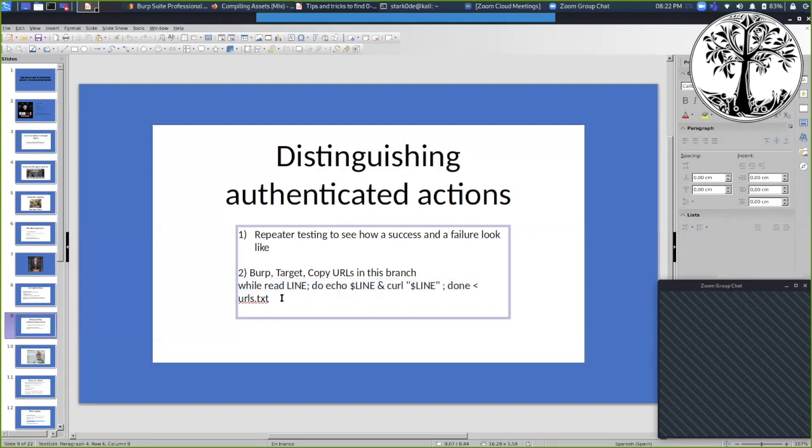This is useful because we can see which ones have a different response. When you do this, you aren't passing any parameter or anything. You are just doing a raw request to the directory or the endpoint